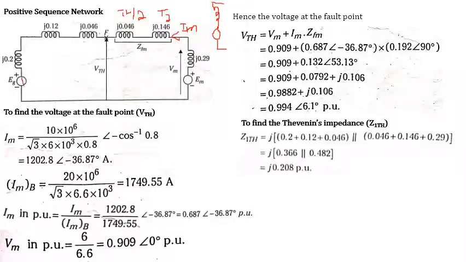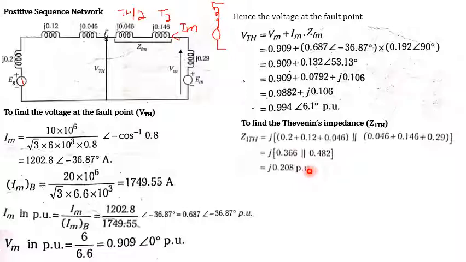Okay, this value is short circuit, and we do the realization that we'll get. So 0.2, 0.12 and 0.046 is one side, and 0.046, 0.146 and 0.29 is the other side, and these two networks are connected in parallel. Why? Because the fault takes place in the middle. So by adding up 0.2, 0.12 and 0.046, and 0.046, 0.16 and 0.29, this is the parallel combination, we'll get